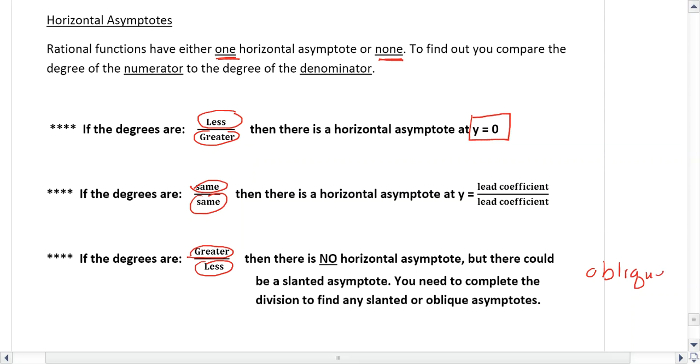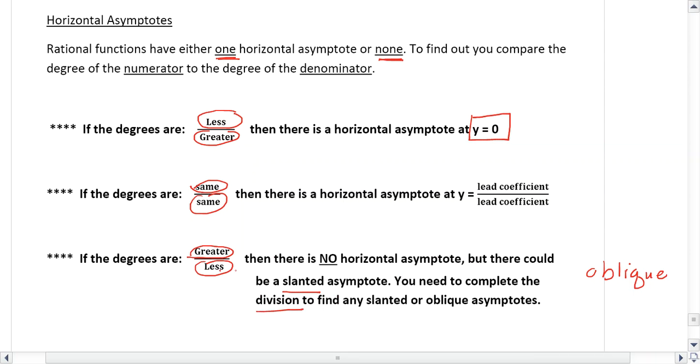But in class, you guys seem to prefer me using the word slanted. So sometimes the asymptotes aren't exactly horizontal or vertical. They could be a slanted line. And the way we find the equation of those slanted asymptotes is we need to complete the division of the